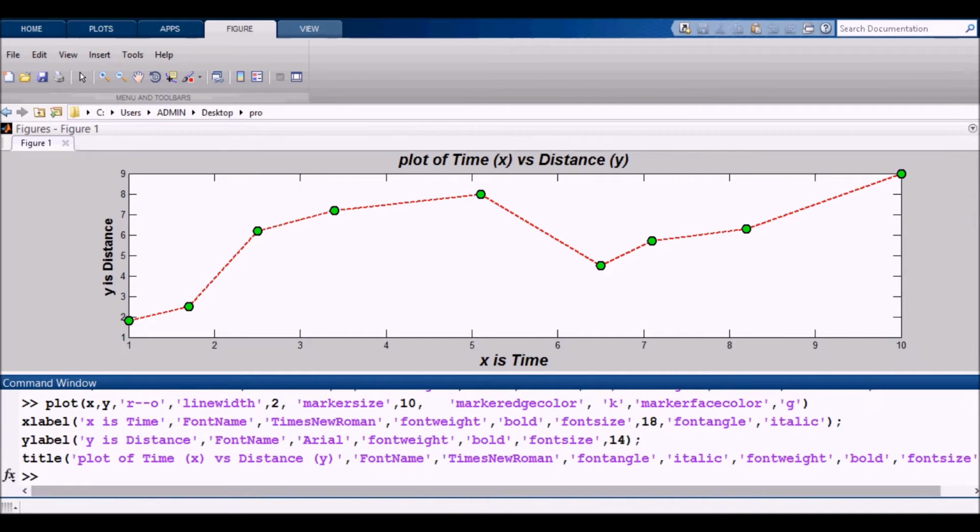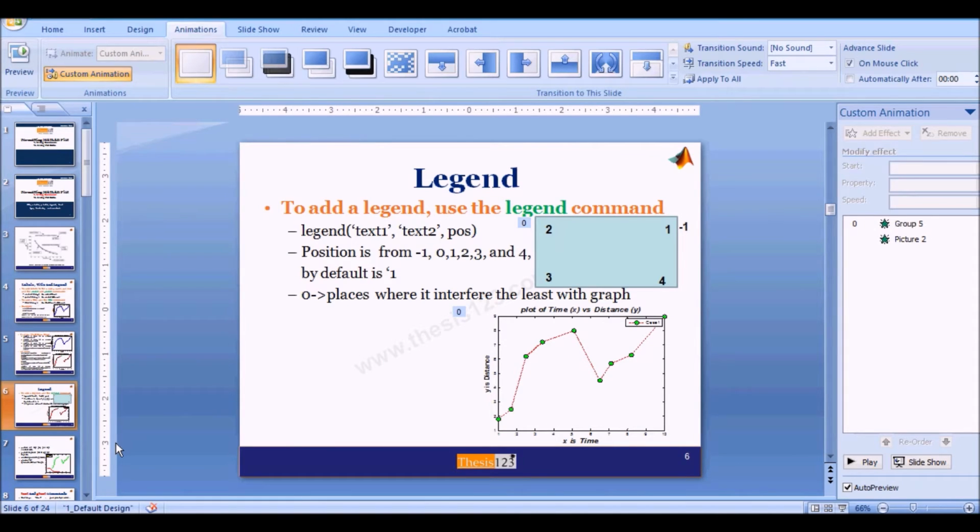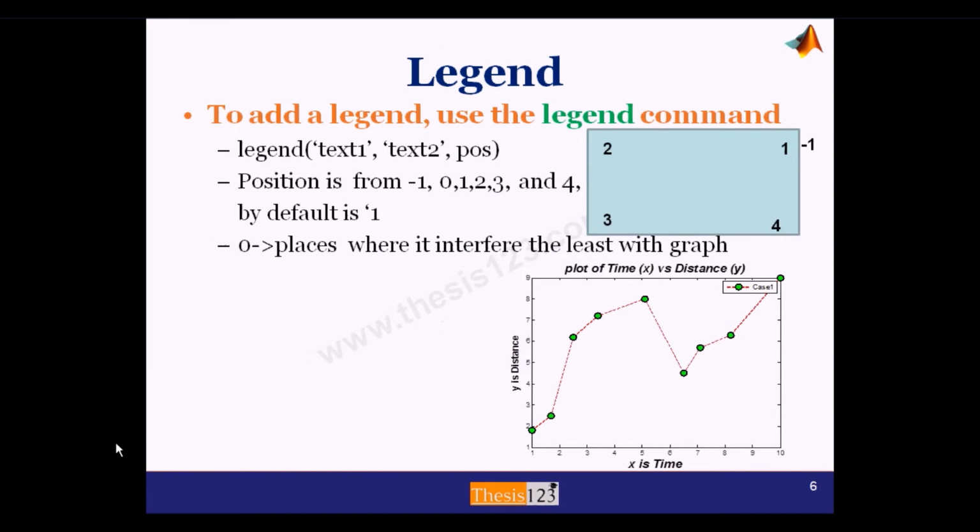So now coming to the legend. Generally the syntax of legend is legend of text 1, text 2, or string 1, string 2, and position. Position means the location of this text in the plot. By default it is 1, and it comes here. Otherwise, if you give position 2, it comes here, position 3 appears here,